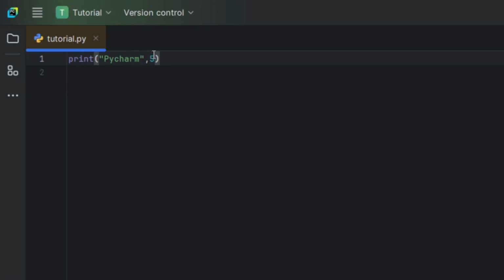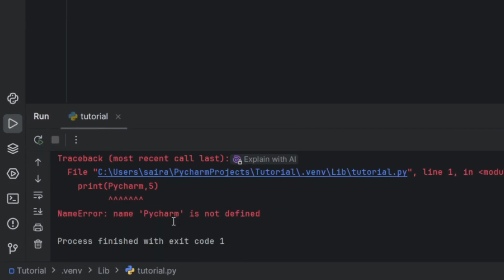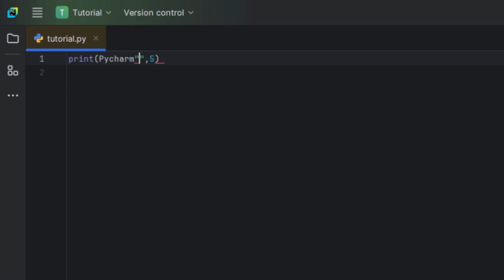Well, that's where strings come in. PyCharm is a string while 5 is an integer. The quotations around PyCharm declare that it's a string. If you try to print PyCharm without the quotations, it'll print an error. PyCharm is not defined. So the quotations basically give the string a definition.